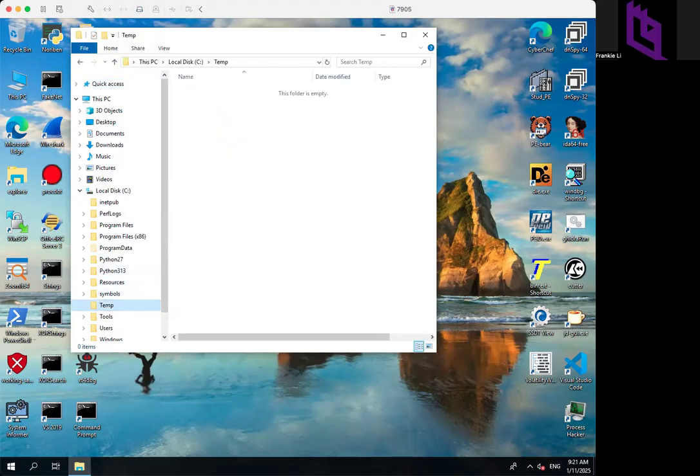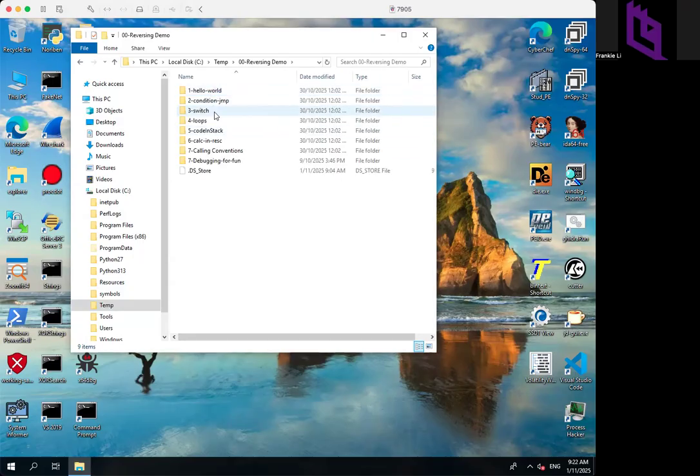and I drag the reversing demo folder from the download from the Dropbox links. Inside the reversing demo, you can find the Hello World demonstration source as well as the debugging for fun binary. Now, the second thing I need to do is